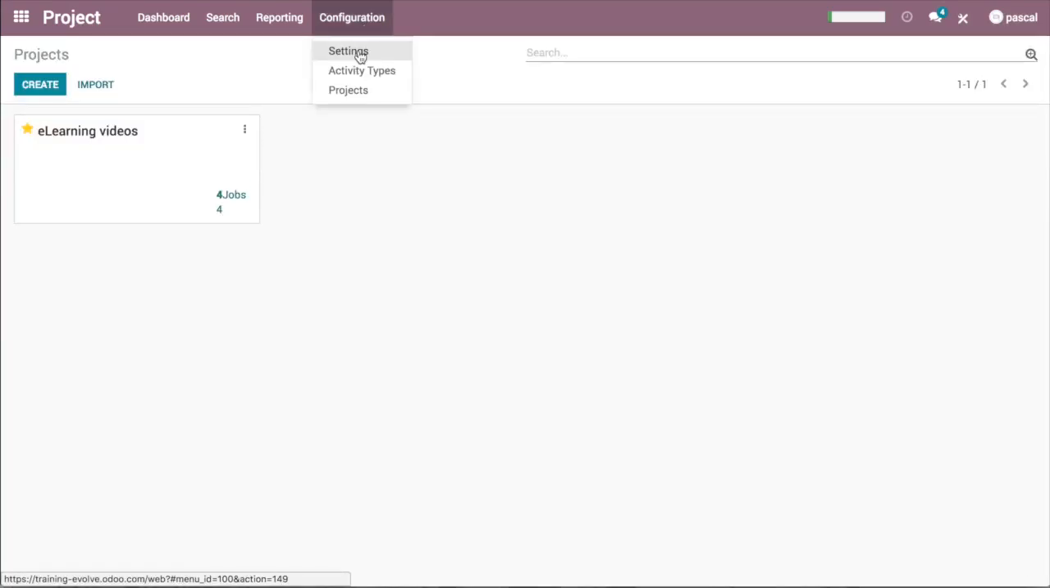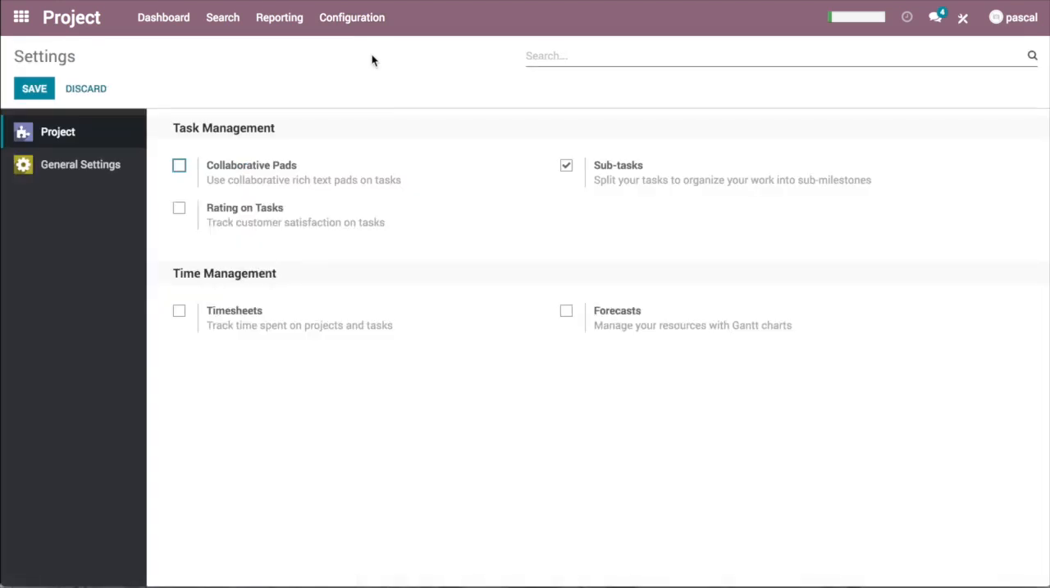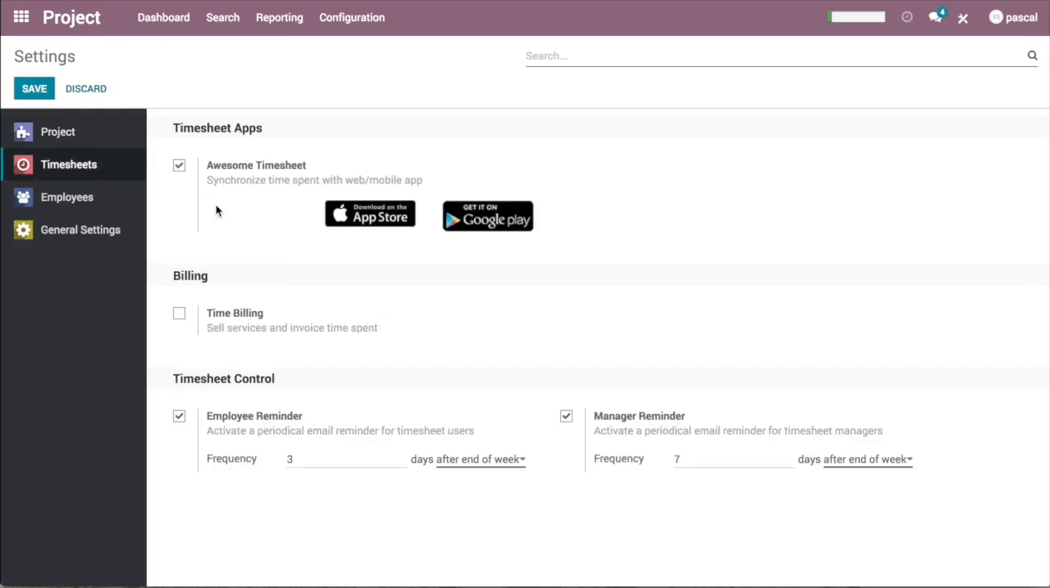In the settings of the configuration, in time management, I will select timesheets. By saving it, Odoo will now install the timesheet app. Going into the settings of the timesheet, we find here the possibility to sync the time spent with the mobile app, the billing section where you will be able to invoice time spent in different ways, and this will be shown in the upcoming videos,